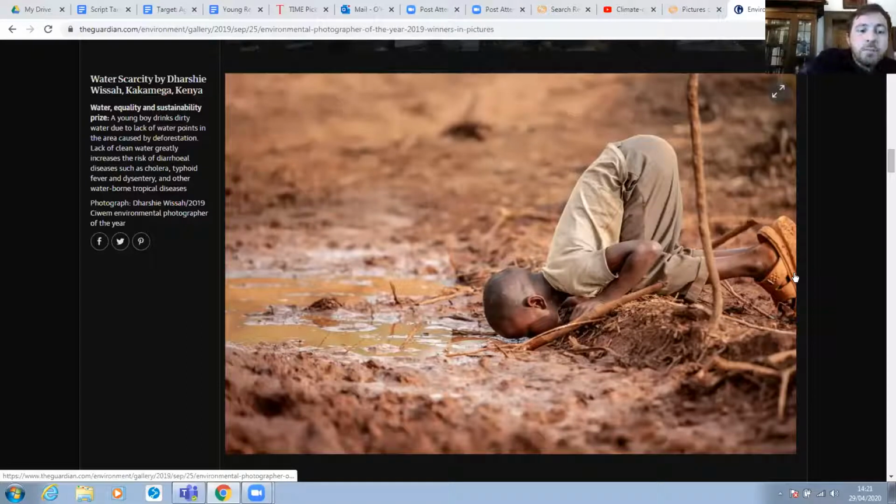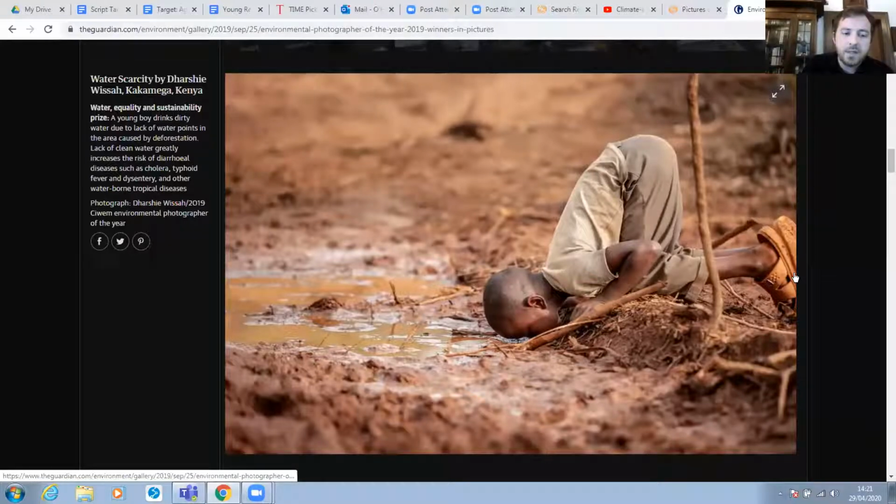it explains the broader issue at the top of the caption. So we see that it's deforestation that has caused this situation. I wouldn't have known that that was deforestation. It could have just been drought as a result of unprecedented lack of rainfall or something else. But in this case, they specify that it's as a direct result of deforestation. I'm not sure where exactly in Kenya that is. So what's useful about that is